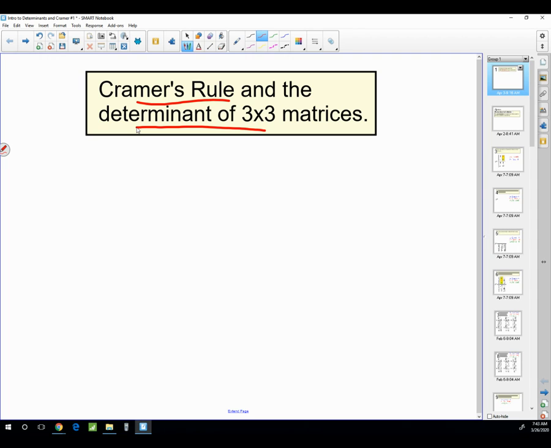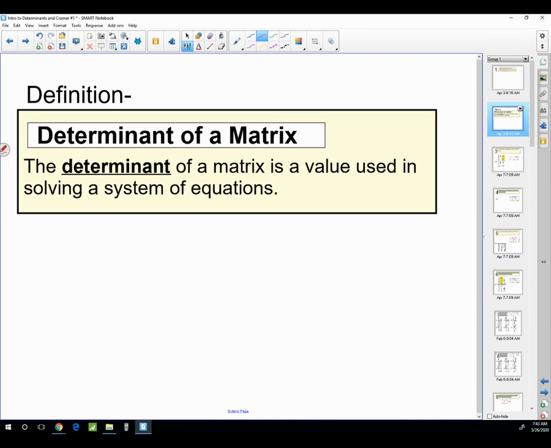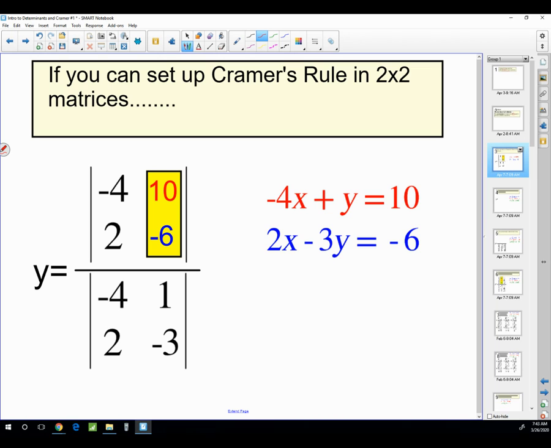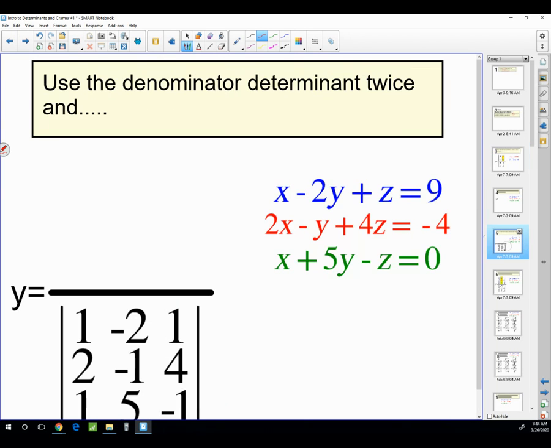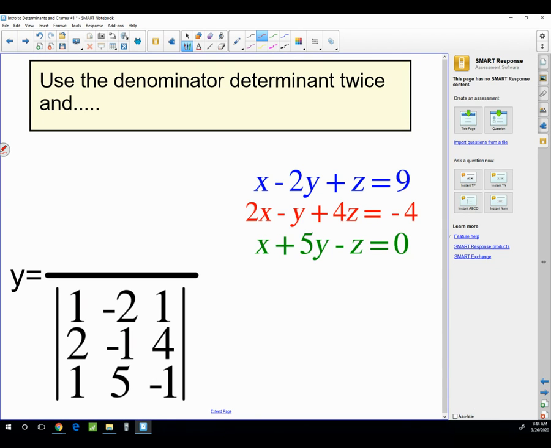A determinant is just a value. It's just a number, a value, a number. And we've looked at that in 2 by 2s. We've set them up, and so setting up a 3 by 3 is not going to be any different. So if we set this system up to solve for y over here, then